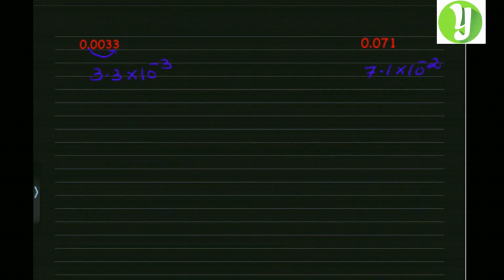Now the type 1 question is how we can convert an ordinary number to standard form. Ordinary to standard. For example, if I have a 2 or 3 questions like this,